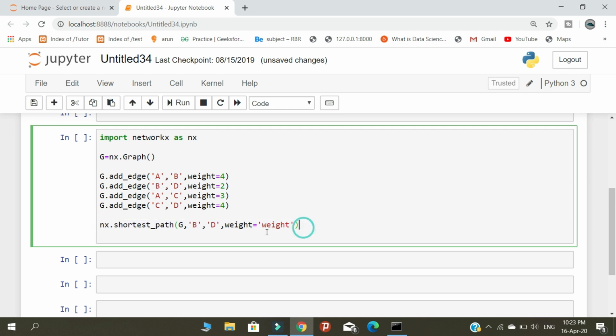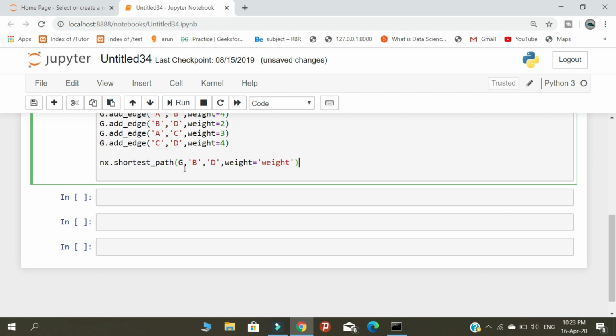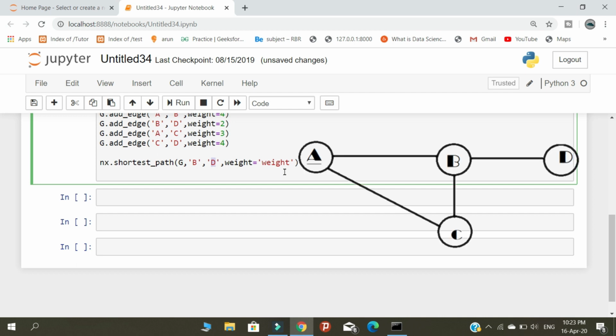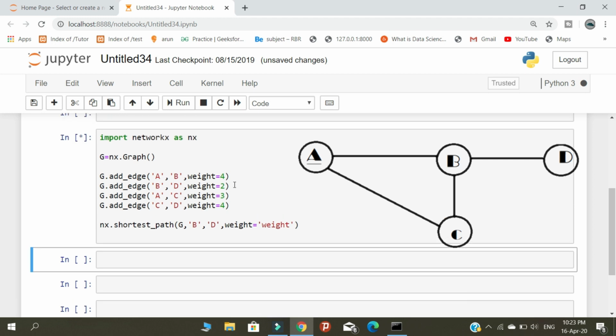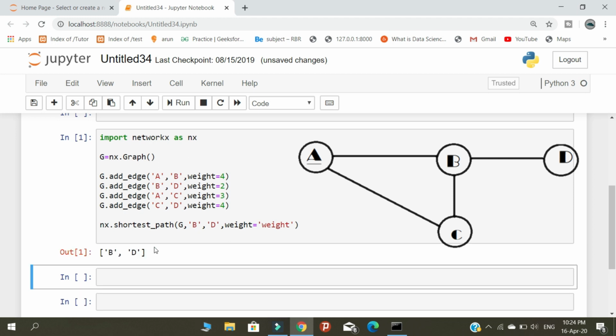We are going to find the shortest path between B and D. Look at the graph on the side. Let's click the run button. Okay, this is our shortest path.